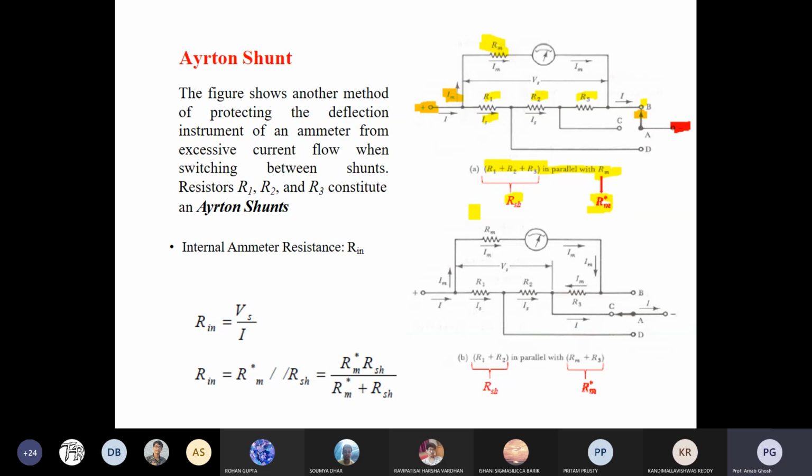Second condition: what happens when the slider, also called the pointer, is changed from the B terminal to the C terminal? It is switching from that side. Now you can see the A and C path is connected, so minus is connecting over there. So R3 is out of the picture in the shunt field. Are you getting my point? R3 is not there in the shunt field, but it is connected in series with Rm.